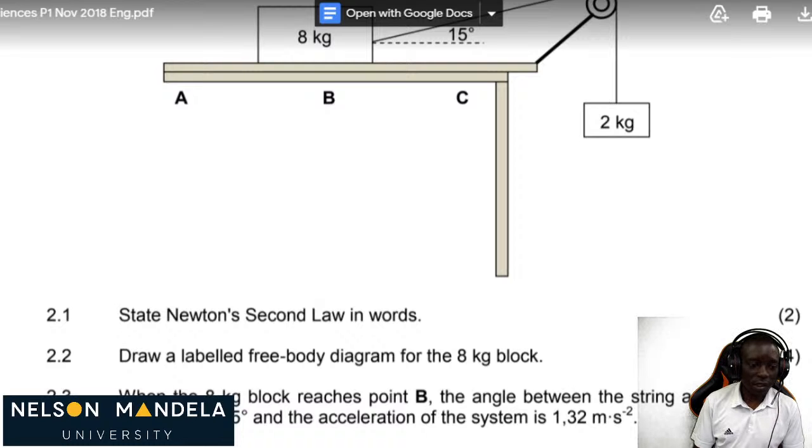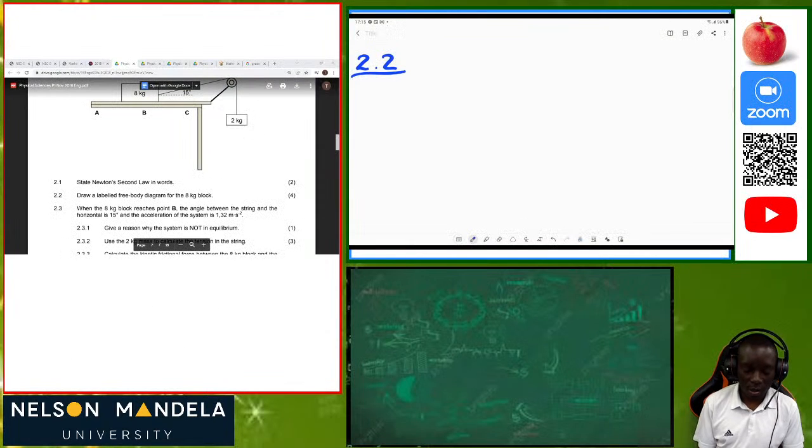What are the forces acting on the 8 kg block? We will use a simple diagram for the block. From the center of the block is the weight of the block,